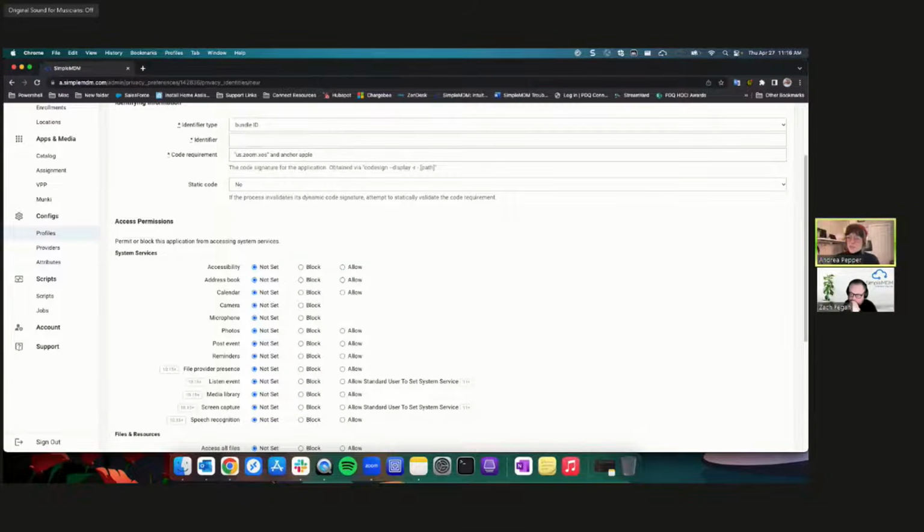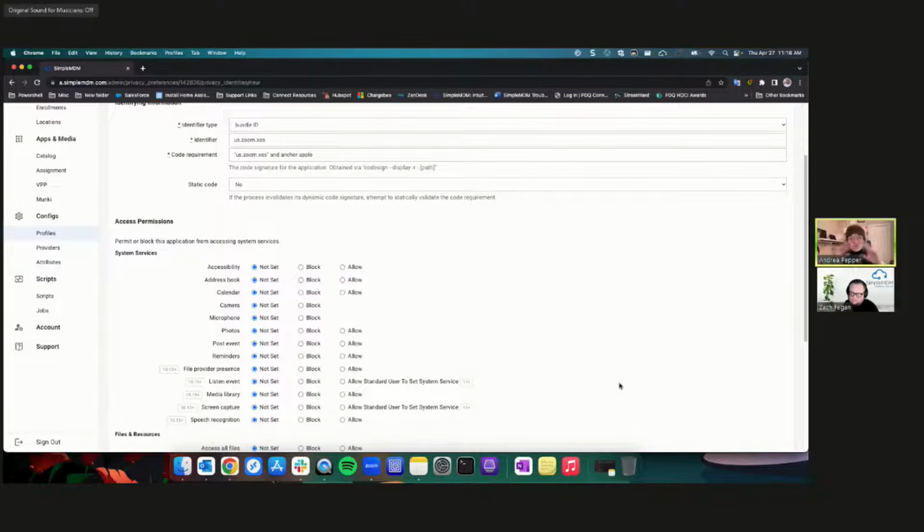I think it's on System Extensions that does go over how to find a bundle ID for a third-party application, if you're not aware of how to do that. We can also send out some links. Apple has a bunch of support documents that go over bundle IDs for their native applications that already exist within their operating systems. So we'll go ahead and put in our bundle identifier, in this case, us.zoom.xos, our code requirement,